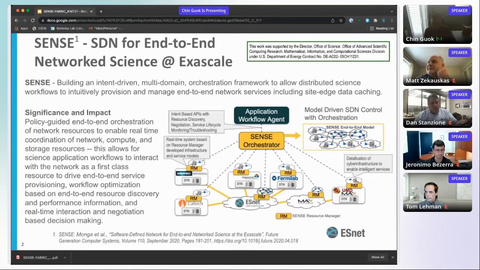In this diagram, you see a single orchestrator. It talks to all the resource managers in different domains. But really, this architecture is reasonably flexible. We've designed it so that one resource manager can actually talk to multiple orchestrators. And therefore, the source of truth in terms of your resource allocations is always at the resource manager side. What that also does is it allows you to give different views to different orchestrators depending on what